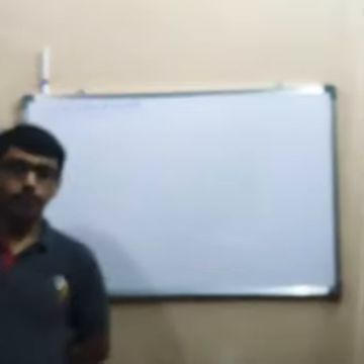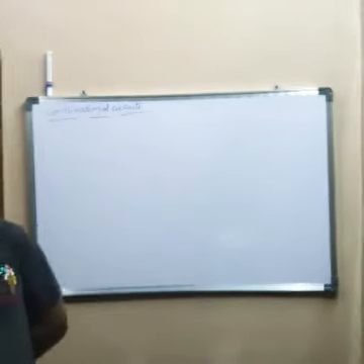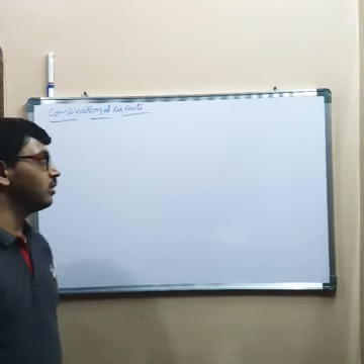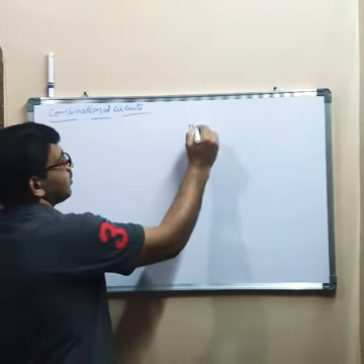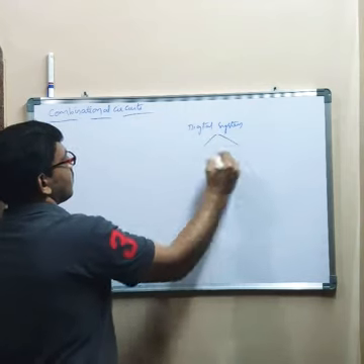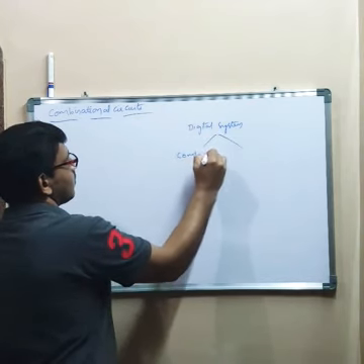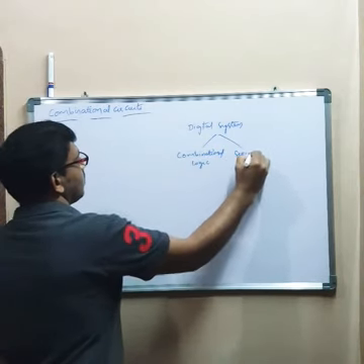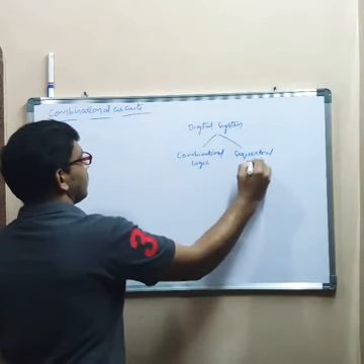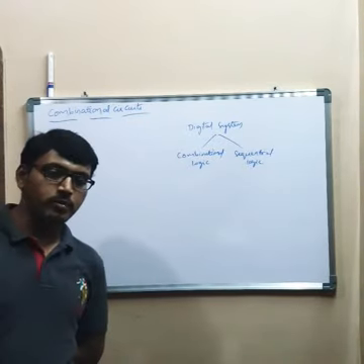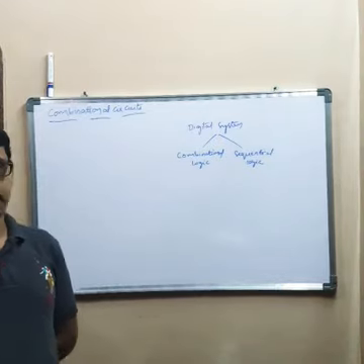Right? First of all, what is meant by combinational logic circuit? In the introduction class already I have told you the digital system is divided into two parts. One is combinational logic, the other is sequential logic, right? Digital circuits are designed by using combinational circuits or sequential logic circuits.